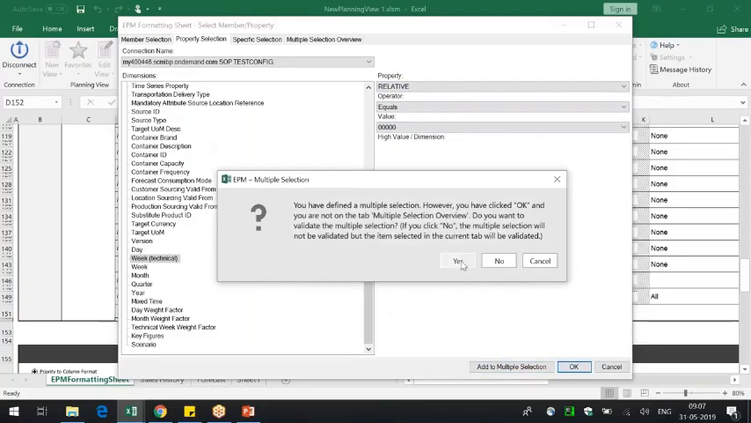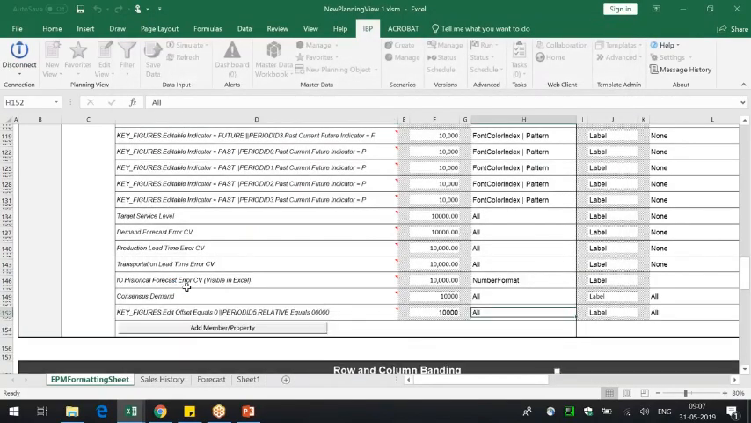Now click on OK. Now both the properties will appear here. You see there are two properties here. First property is key figure offset is equal to 0. If period is relative to 0, 0, 0, that means